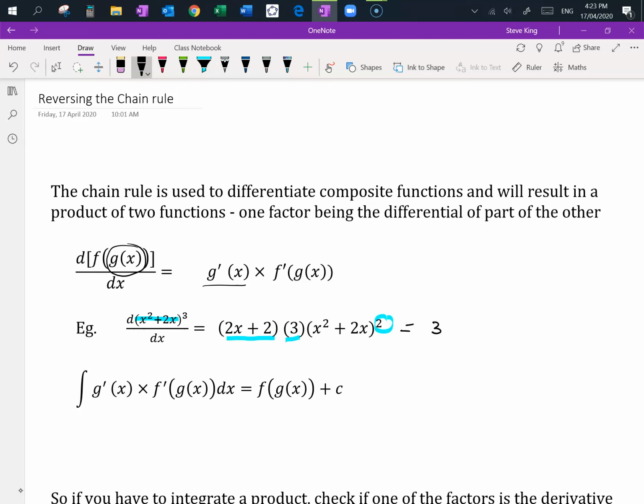It's going to be 3 brackets. Well, in fact, I could take out 2 from that first bracket, couldn't I? I'm going to end up with 6 brackets x plus 1 times x squared plus 2x. I've got a product of terms. In fact, if I kept it as it was, if I kept it like this,